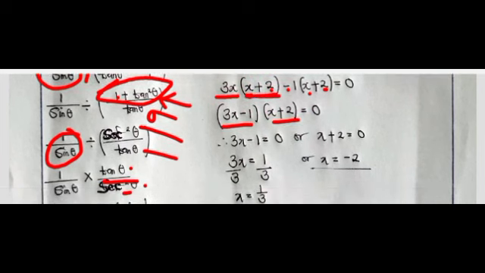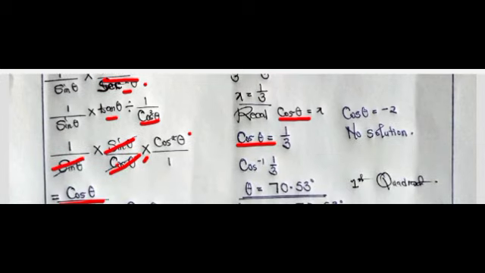The 1 will go on the other side, and then I'll have a positive 1 over 3. So x is equal to 1/3, and x plus 2 is equal to, of course the 2 is just going to go on the other side, negative 2. Now recall what we did. We said cosine theta is equal to x, so we need to bring it back. So cosine theta is equal to 1/3. So we have our answer, our value there. For us to find theta, we need to find the inverse of cosine of 1/3. The inverse of cosine of 1/3, it's